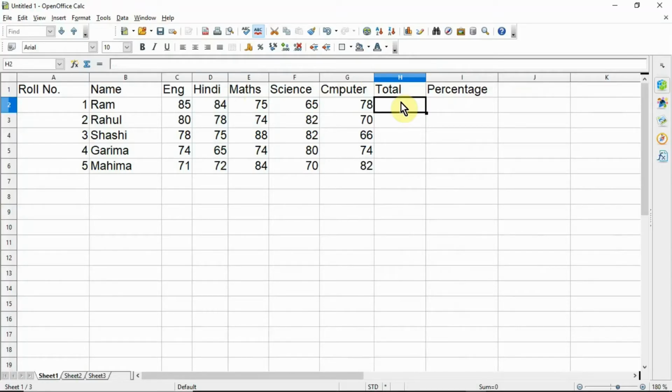Let us take an example of students' marks in 5 subjects. Calculation of percentage requires a formula and therefore a spreadsheet is helpful for this task. A spreadsheet is not only used for organizing data in a tabular form but also used for performing calculations and finding the result. Let's find the total.